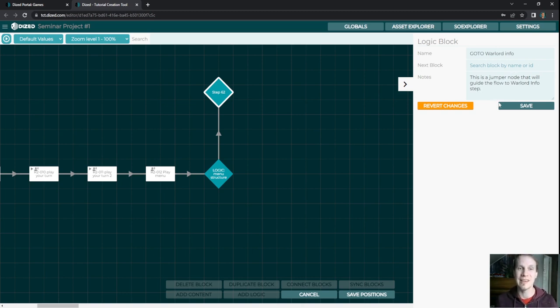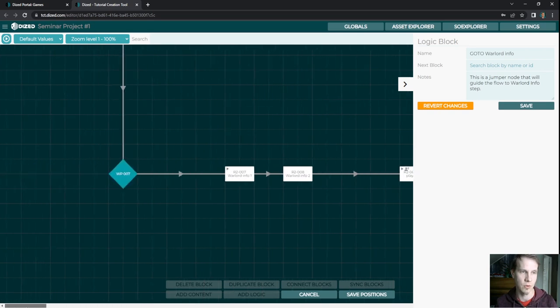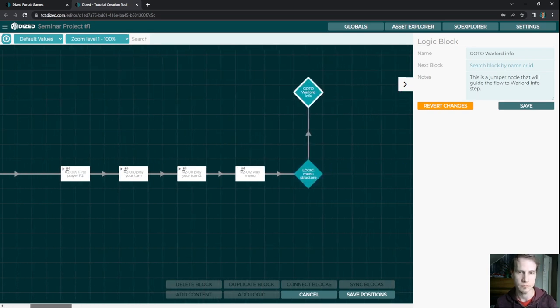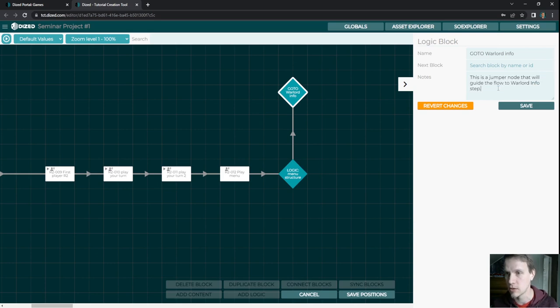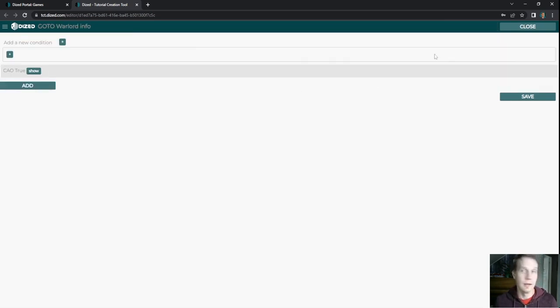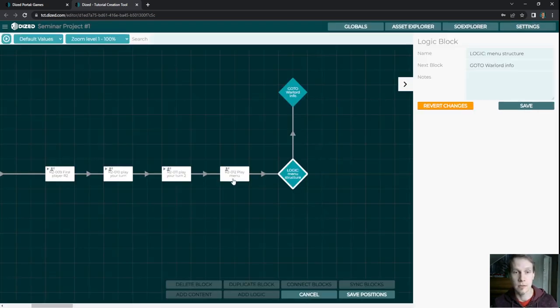Now anybody who sees this step, anybody who knows how to read flow, will understand that this step will go to the Warlord info segment, which is here. That's why I name it and give it a note, so even if a publisher checks this out, they understand what is happening here. So that is good. Now I'm gonna remove the default connection between these two and have it done